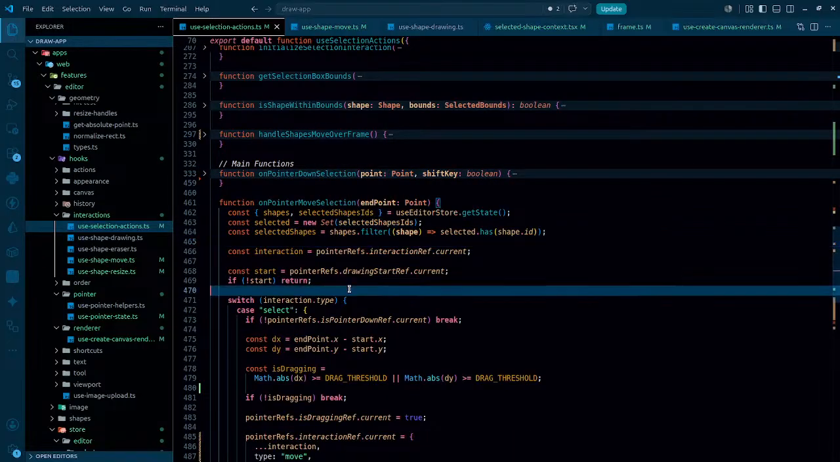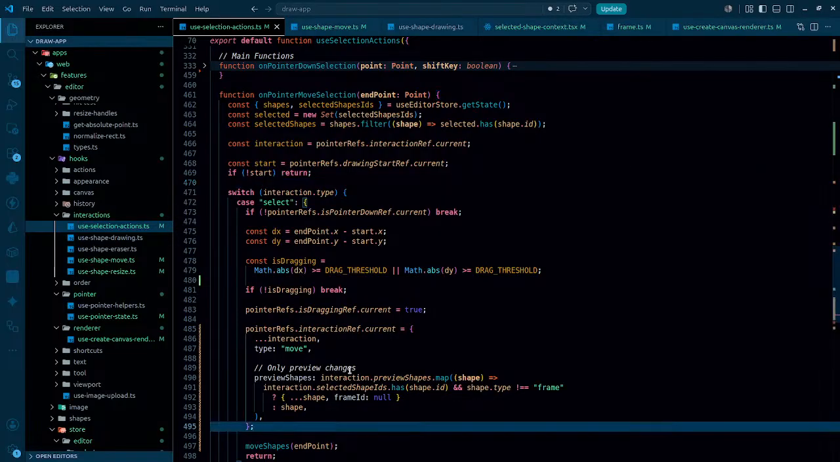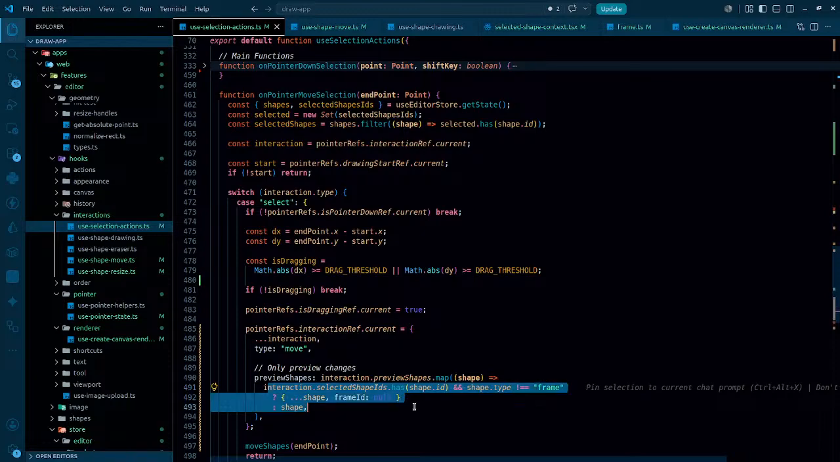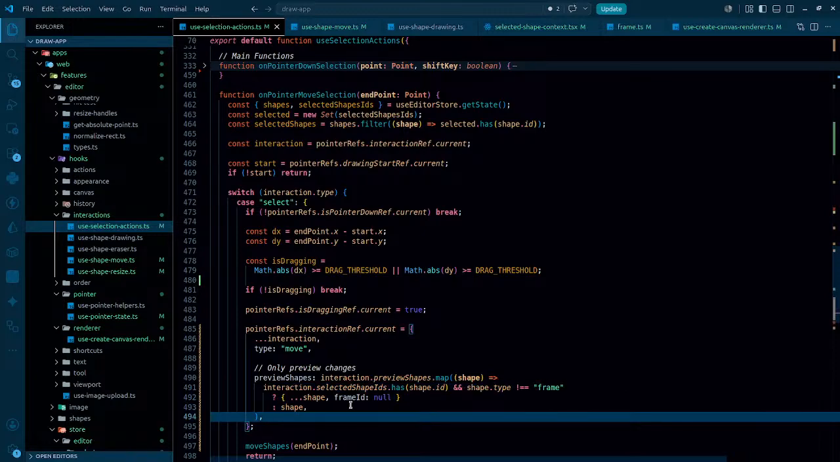On pointer move, and then selected shape IDs can be there. That is it. So ultimately preview shape is the combination of selected shapes. That is it. And that's the problem, because whenever I hover over that, preview shape doesn't really contain the frame ID because that's not selected, and that becomes problematic. So in that case, if we are just simply rendering the scene and changing it,